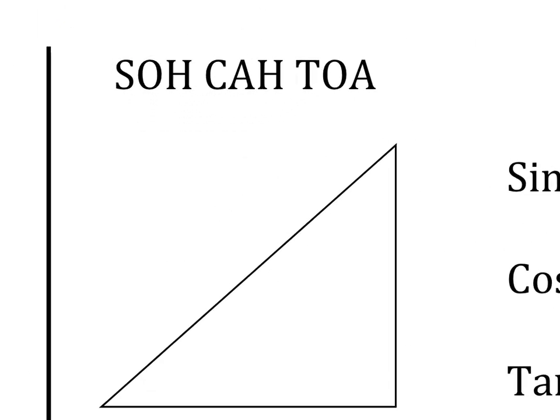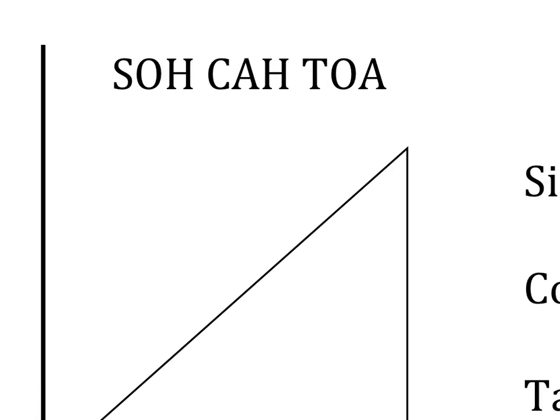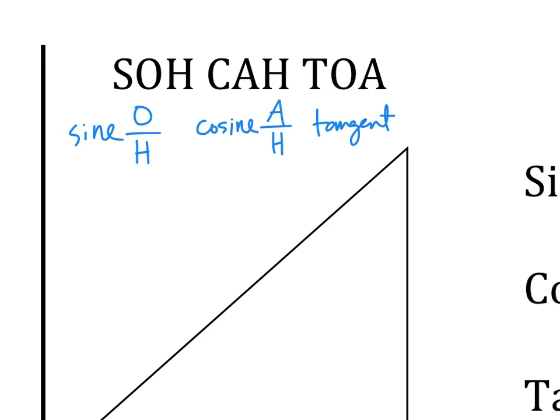Okay. SOHCAHTOA. We have to remember SOHCAHTOA. Do you remember what S means in SOH? Sine. What does OH mean? Opposite over hypotenuse. C means what? Cosine. And then AH means adjacent over hypotenuse. Good. TOA, T means tangent, and then OA means,